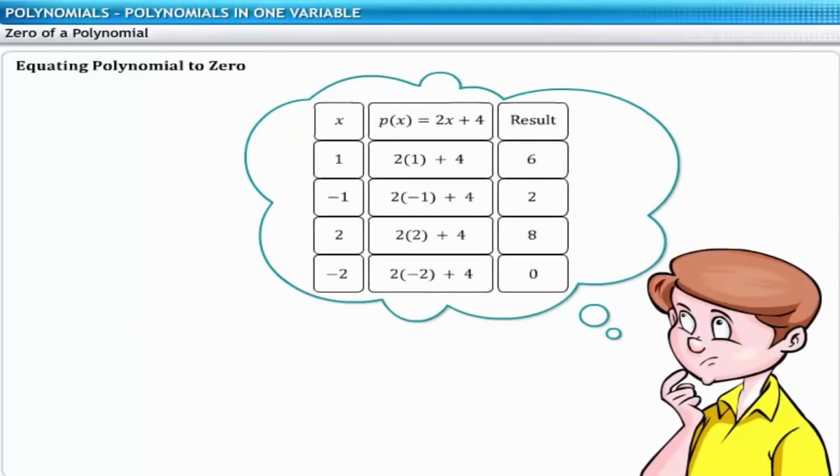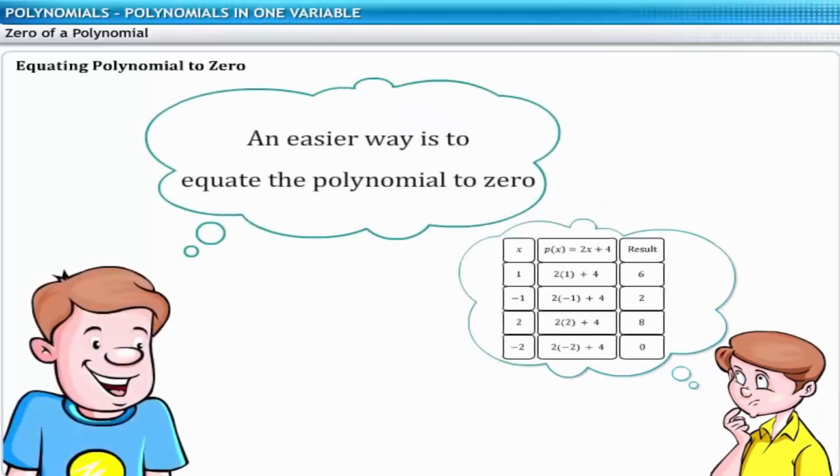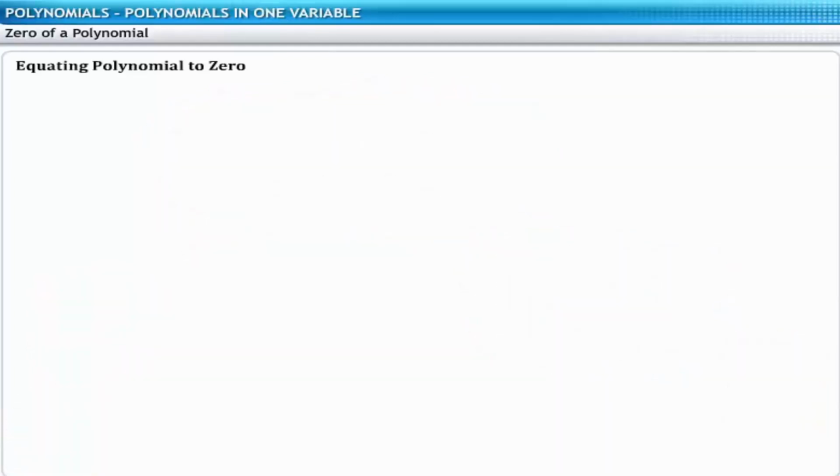An easier way to determine the 0 of a polynomial is by using the other method, that is, equating the polynomial to 0. In this method, you can find the 0 of the polynomial P of x is equal to 2x plus 4 by taking x as the subject. Thus, P of x is equal to 2x plus 4. P of x is equal to 0. Thus, the value of the polynomial 2x plus 4 is equal to 0. On solving, you get